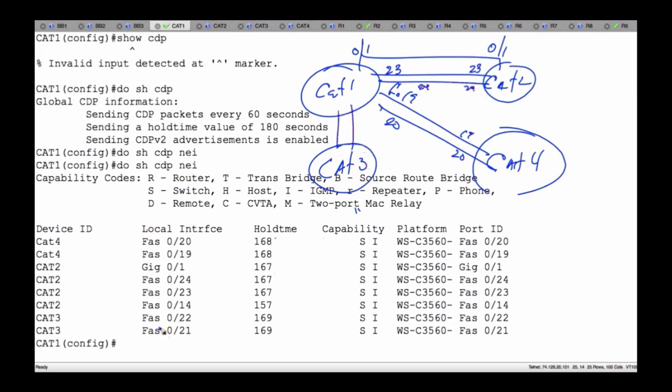And we have the 2 connections going down to Cat 3, which are going to be 21 and 22. We can see that they're connected to 21 and 22 on both ends. Now, as you can see, quite quickly, we can go through and do all of these interconnections such that we now have an idea of how our devices are going to be interconnected,